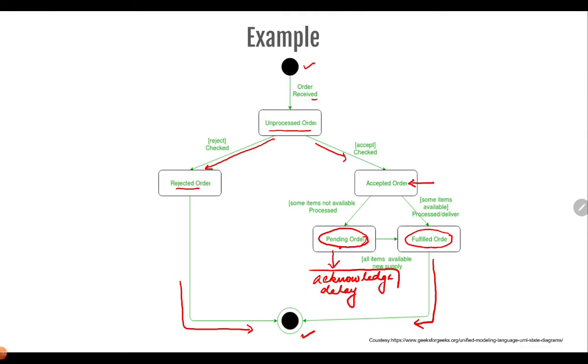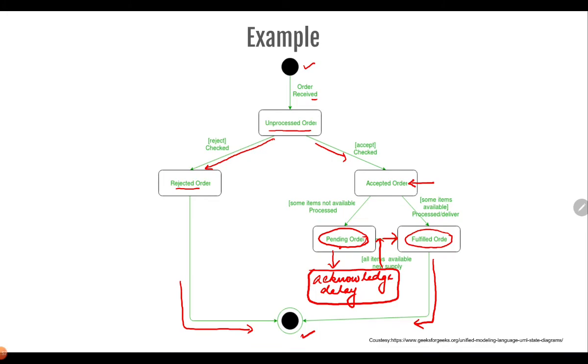So this state also you can introduce here, and this acknowledge state will be acknowledging the customer that there will be a slight delay in fulfilling of the order. So after all the items are available, it can simply go to all items available for new supply, and then it can move to the fulfilled order and finally get terminated.